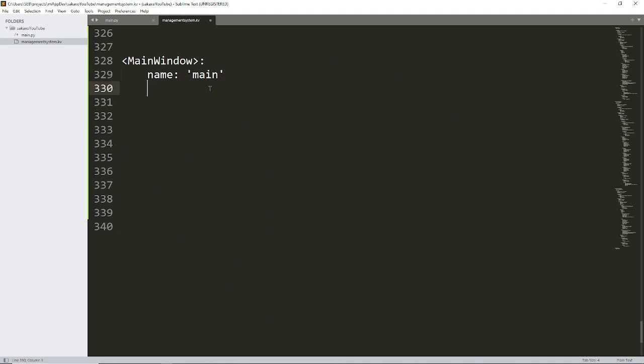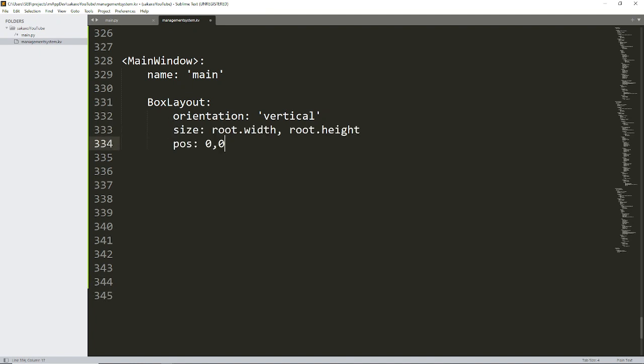All right, so coming back to the design, here I just want to create a box layout, and in this box layout I want the orientation to be vertical. Again, a lot of copying, which I hope we understand at this point. I want the orientation of this to be vertical, and then I want to set the size and the position of this box layout to be the same size as